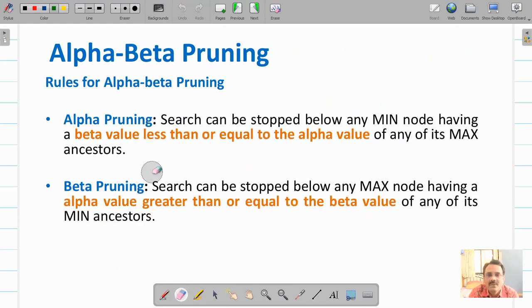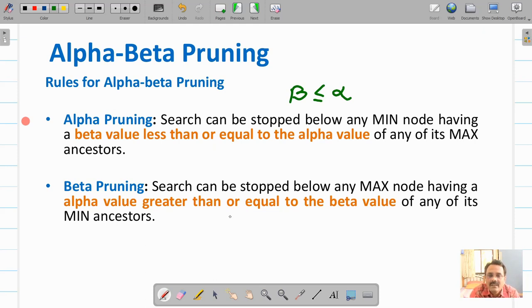Now there are two rules for this alpha beta pruning. Alpha pruning is done below the min node when the value of beta is less than or equal to the value of alpha.